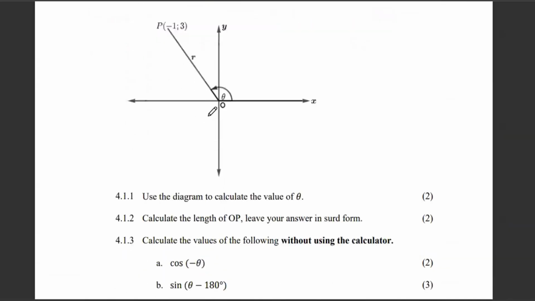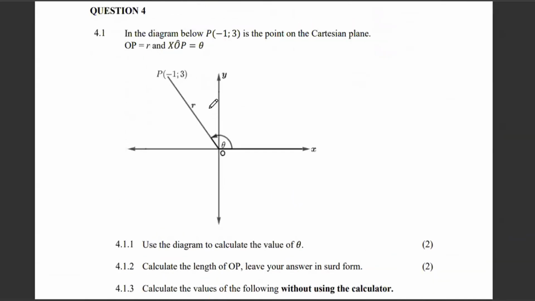Question number 4. In the diagram below, P is a point on the Cartesian plane. That's R. And then 4.1.1, can we calculate the value of theta? So remember, the question did not say without using a calculator. So meaning this is negative 1, and then this is 3. So we can use the tan, knowing that the tan of theta is 3 over negative 1. Meaning that our theta is the arc tan, the shift tan of negative 3. But we could just use the positive part of it. So the shift tan of 3